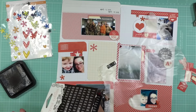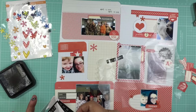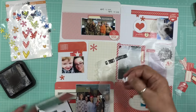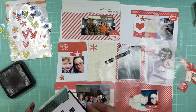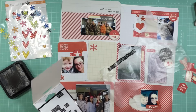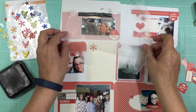And then the one next to that, my son sketches a lot. A lot. And so I just wanted to document. He drew a picture, so I took a picture of his drawing and I just put A plus next to it because he's really good. He sketches at school, and